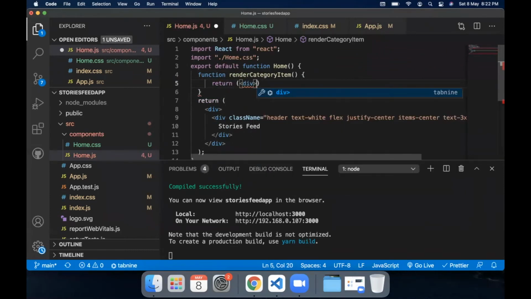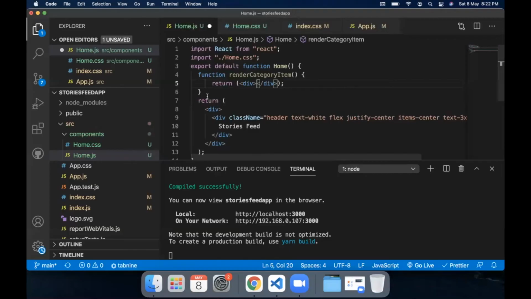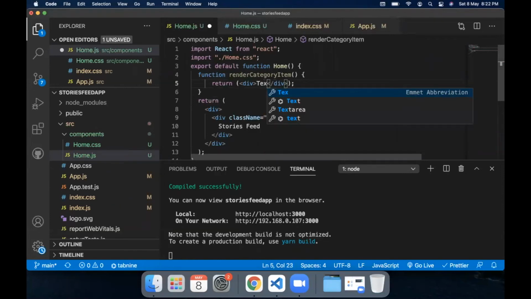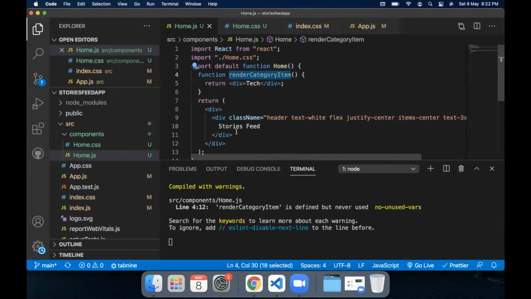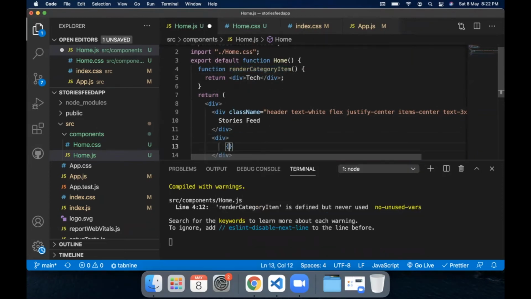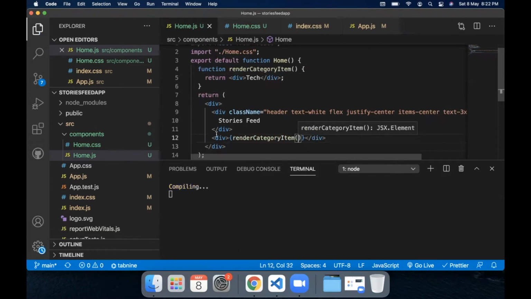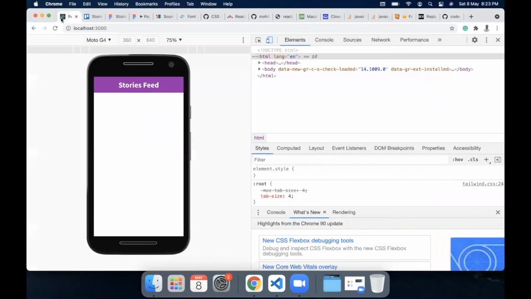So let's just add a div. And the first component, if you notice, is a text, as a sub attribute. So let me just add the text here. And we can add this within another div. So let's just render it like this and check our code.